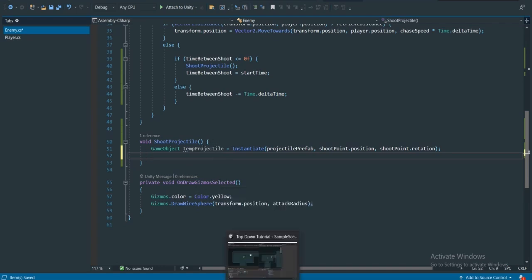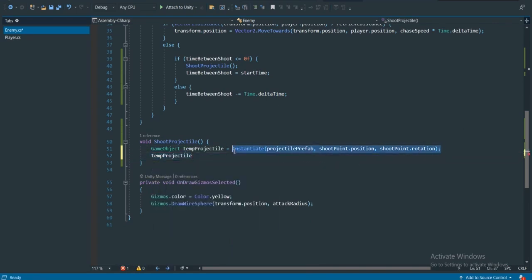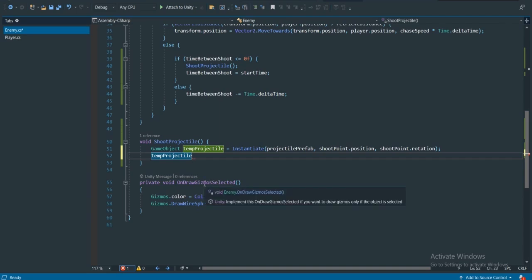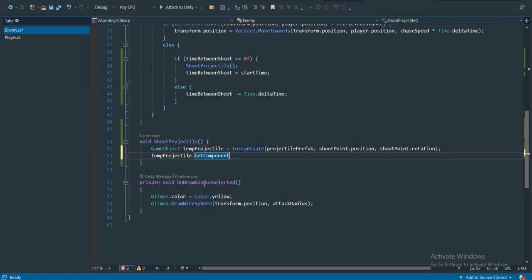To do so, let's go to temp projectile. Basically, firstly we instantiate or spawn it, and we store that projectile into this temp projectile game object, or you can say this is a container. We store it into that, and now we just go over to that temp projectile, or the projectile prefab, and we're gonna get the component. So we have to use dot GetComponent, and into brackets we have to pass the component we are looking for, which is